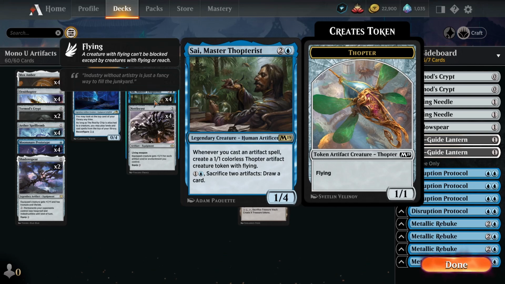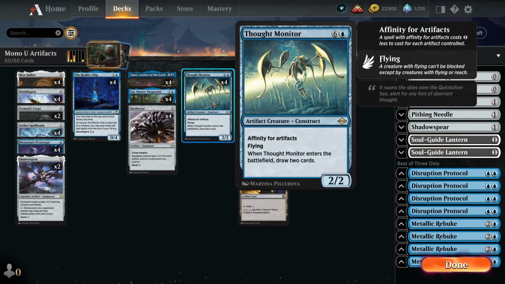But the really powerful thing about this card is that whenever we cast an artifact spell, we create a 1/1 token with flying. And first of all, this is really great against the creature decks if they don't have trample. We can just very quickly build up an army of 1/1 tokens that can either chump block or apply pressure against the slower decks as well. But the really strong thing about this is that the tokens that it creates are also artifacts themselves. So for every artifact we cast, we're essentially getting another artifact off Sai, which combos insanely well, first of all,